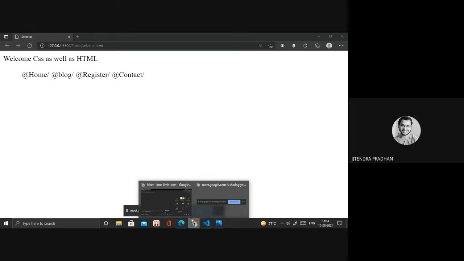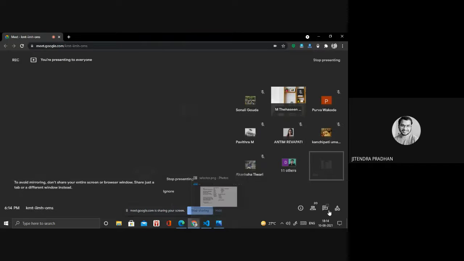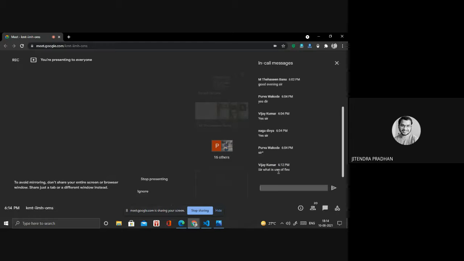Next we have to go to first child and last child, whatever. Then what is the use of flex? Vijay, flex we are using for responsive designing. Tomorrow, or the day after tomorrow, I will show you what flex is and how we are designing with flex. Okay, it's time to learn selectors. Then we have color properties, like background color, linear gradient, and radial gradient. All these things we learned today, and units also we finished today.